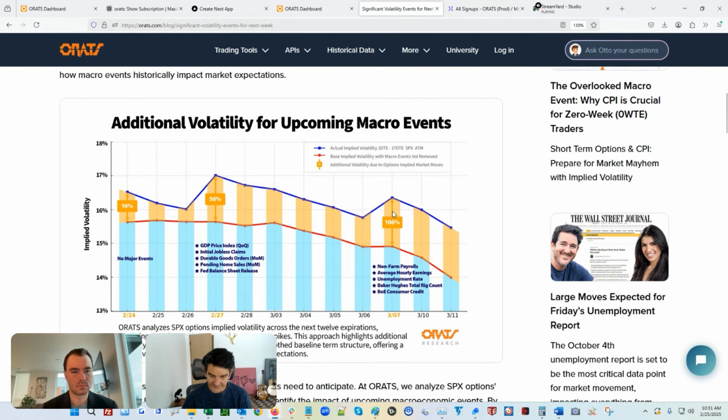You could do a calendar, or if you have to do a reverse calendar, brokerages don't give you much relief unless you're in a portfolio margined account. But you'd have to do something like buy a butterfly, sell a butterfly